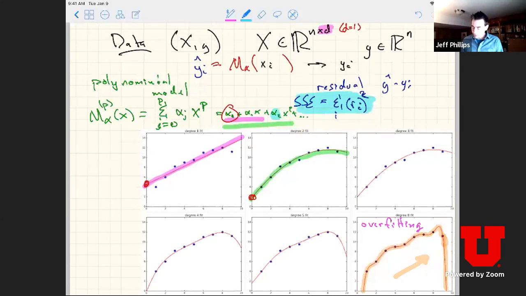And then the degree 3 fit, the fit seems to be about the same, but I know I have an extra aspect of my model that doesn't seem to be very useful. Although if I keep following it to larger and larger x values, it's probably going to head back up again. So maybe that's good. So maybe it's a mix of both. The degree 4 one is going to eventually come back down. The degree 5 one, I believe, is eventually going to come back up again, or maybe it starts off extrapolating beyond the data. And then this degree one is probably overfitting.